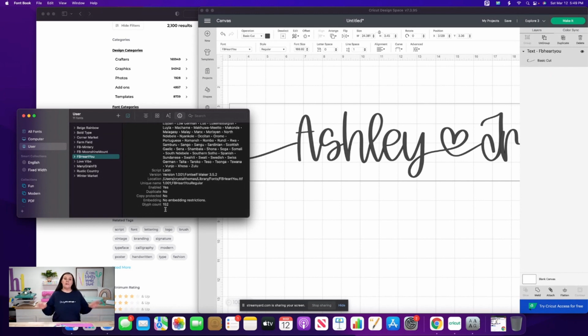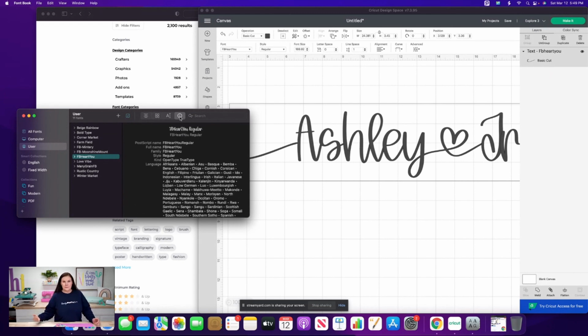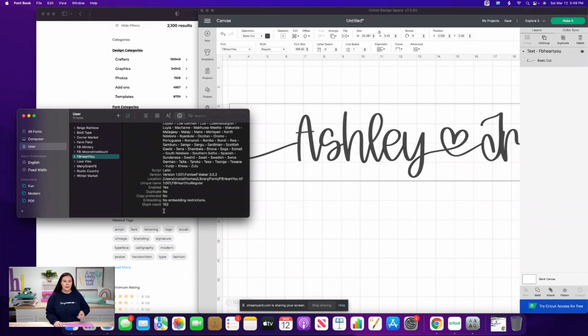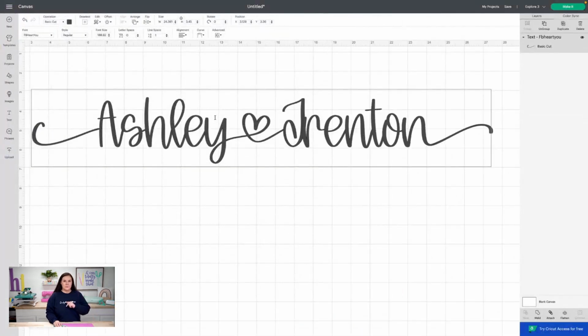So if you're wondering if your font has a glyph to it, you're simply going to select it. And the one that you're looking for is the I. To get the glyphs, it's the square. To get the information, if it even had glyphs in the first place, is the letter I. Scroll all the way down, look for glyph count, and that's where you're going to find your glyphs. So it's super duper easy. Now carrying on from this particular font, I'm going to show you guys how to do a knockout.